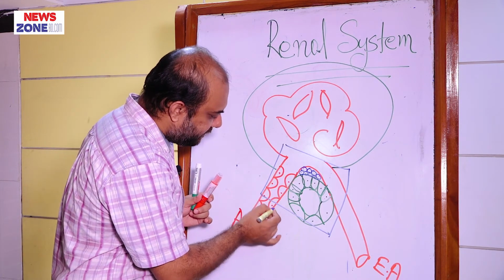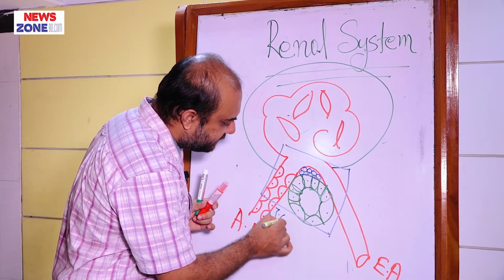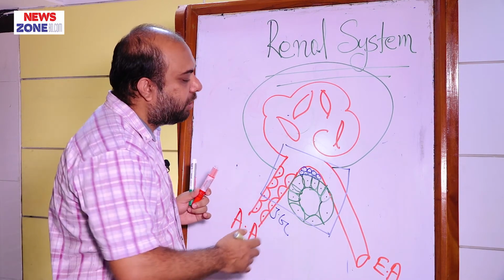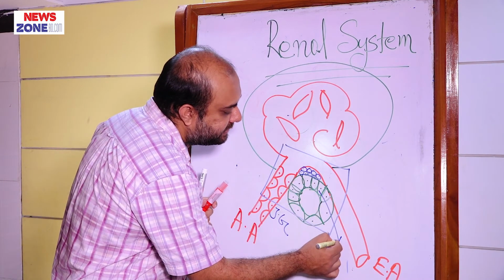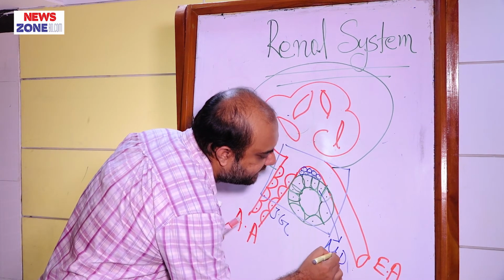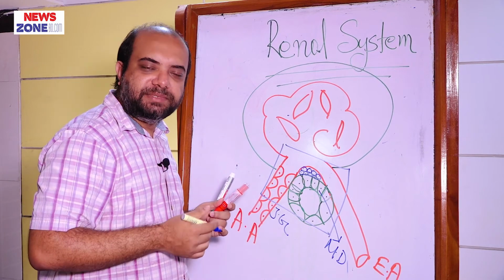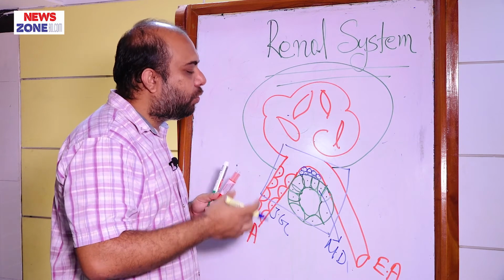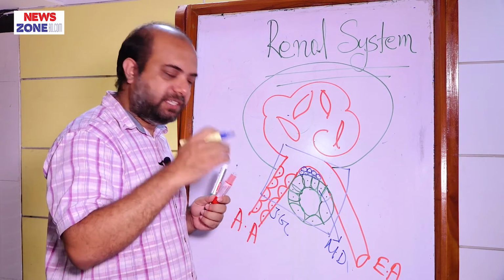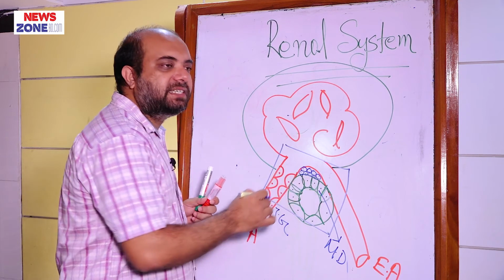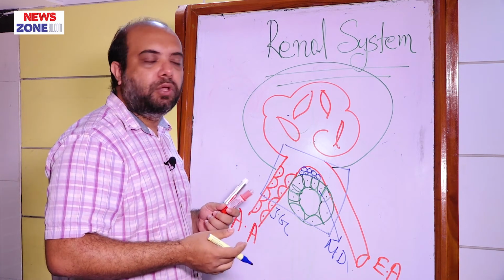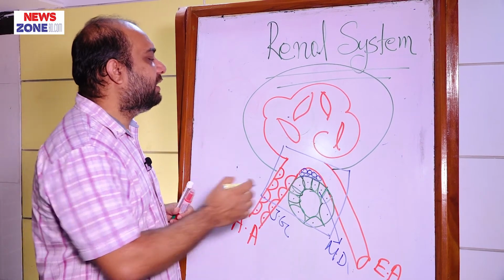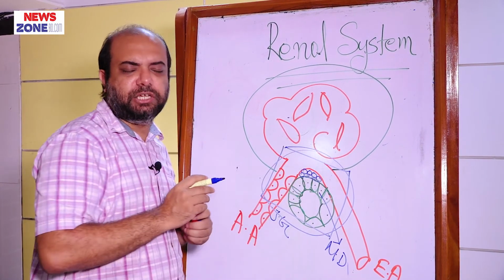These cells, JG cells, will secrete renin when the blood pressure of our body falls. These macula densa cells are highly sodium sensing cells. This cell will be stimulated or activated when the sodium concentration of our body falls, and these Lacy cells also contain renin, and already we know about the function of renin. Now this is for juxtaglomerular apparatus.